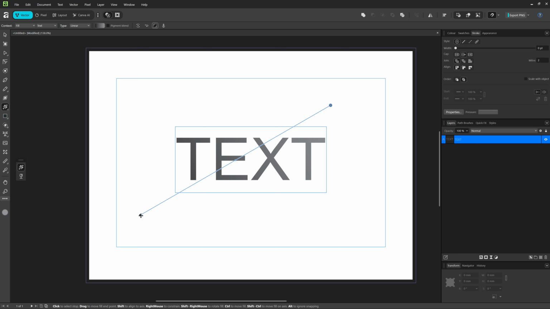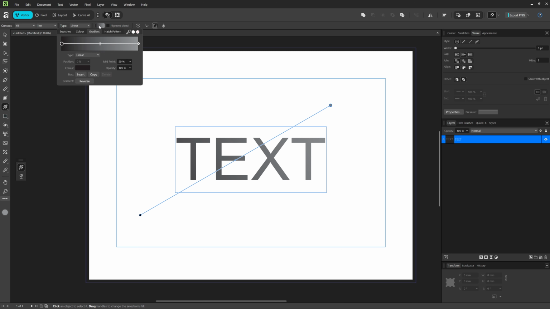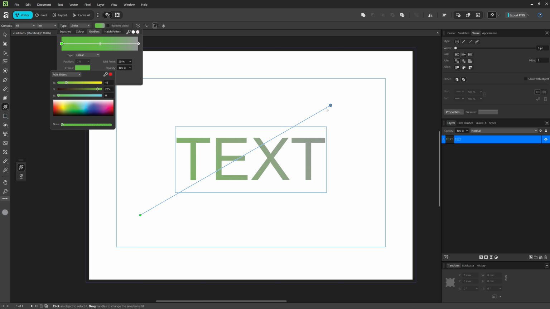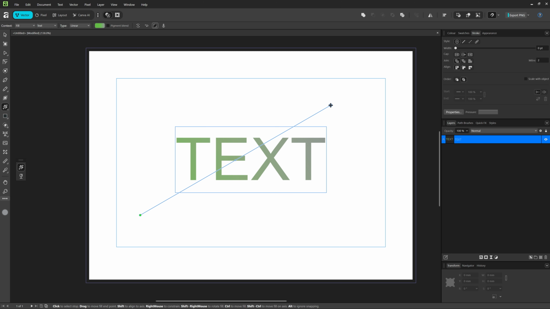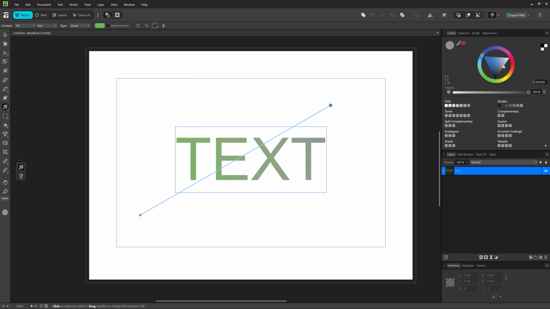Now I can change my colors using the menu on top here and then selecting the color I want to change and change it this way. Or I can just click here and then go to color and change it that way also. As you can see, it's really a responsive gradient. It adjusts to where you drag everything, and you can drag this middle one also if you want to. So now we have a text fill gradient, but you can also create a text outline or an object outline